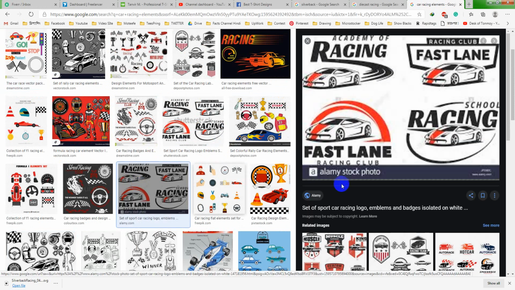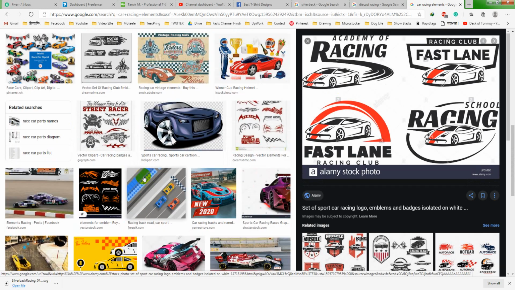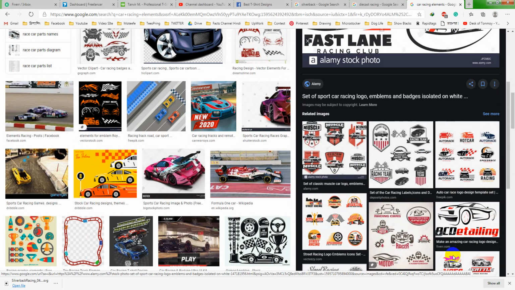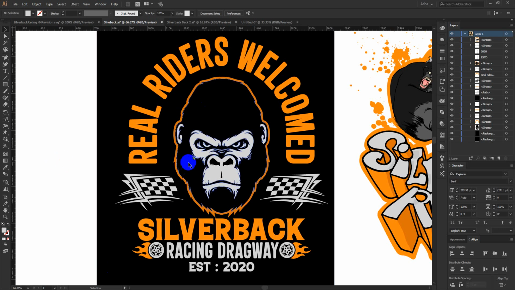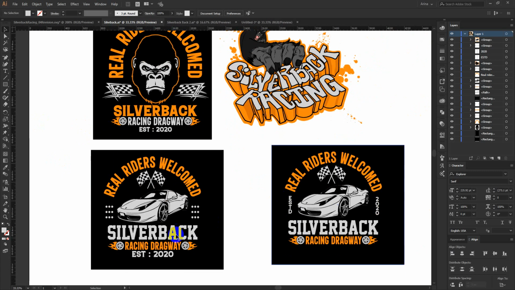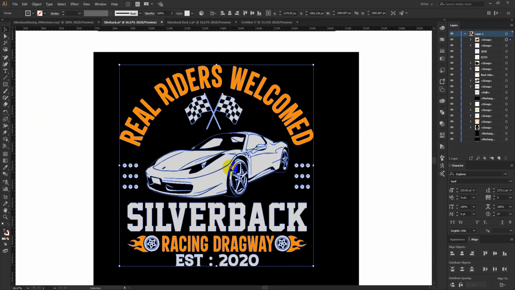Another option is a car, as it is a car racing T-shirt design. So I used a car, and then something like wheels on fire. That was my idea, to represent a fast moving car. Okay, so this was my first draft for him. I showed him this and he liked it and said that he wanted to see another concept. So I had to make another concept, and that time I made this one. This one is here with a car actually instead of a gorilla.